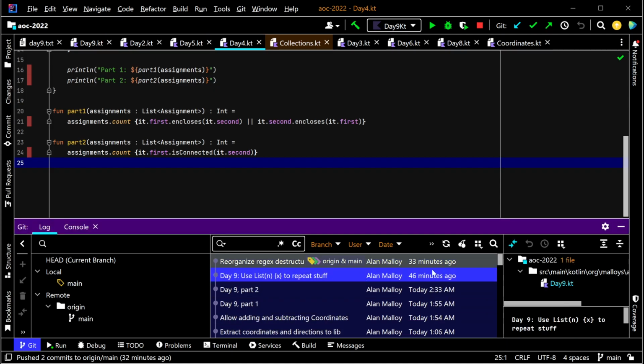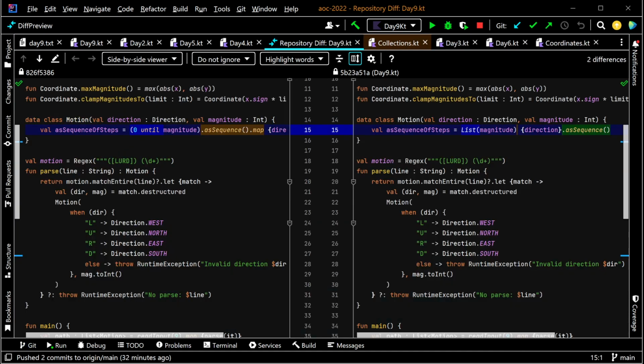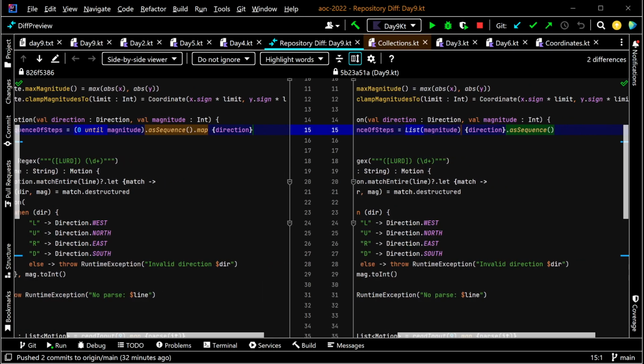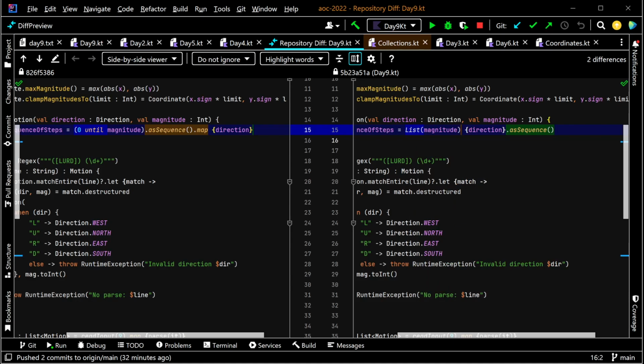I had a couple of improvements on the last day's work. So first, I wrote this kind of crazy thing to get a list of the same thing n times, and I was sure I had found a better way, but I couldn't remember it, and I went and looked it up, and it's pretty easy to find. Is it easy to find though? I kind of hate this because so much of Kotlin is